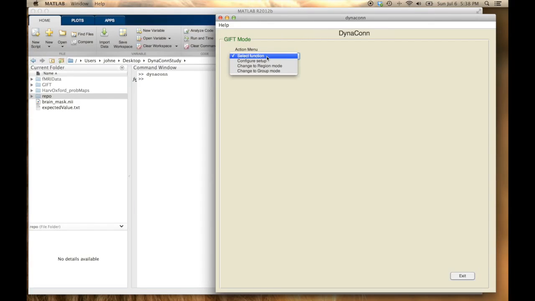And you'll notice there's not much on the screen at this point. That's so that it can guide you towards configuring the setup. There's a couple options you can do at this point. You can configure setup, you can change to region mode, or you can change to group mode. Each one has its own setup, though